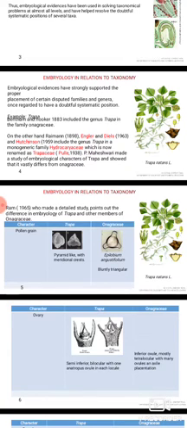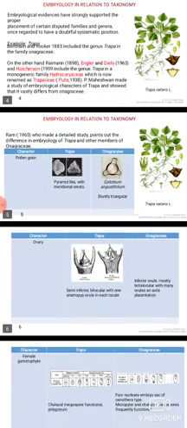P. Maheshwari made a study of embryological characters of Trapa and showed that it vastly differs from Onagraceae. Ram in 1965, who made a detailed study, points out the difference in embryology of Trapa and other members of